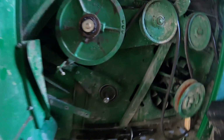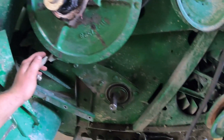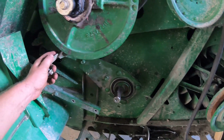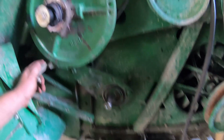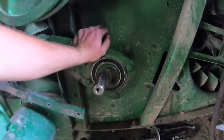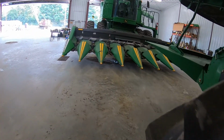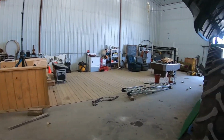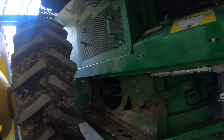Alright guys, we've had company here all day visiting up there, so I don't know how good of footage I've got of this coming apart or going back together, but it's been a real pain in the butt. But we've got this side going back together, and the other side ended up taking apart too. The bearing wasn't out. I just replaced it about 2 or 3 years ago. Should have done both sides at the same time, but